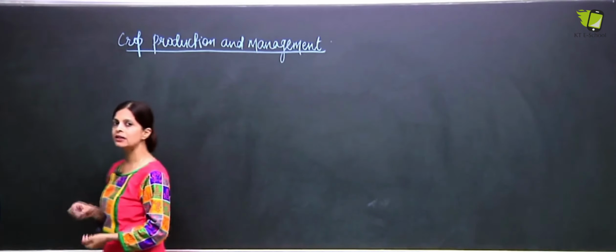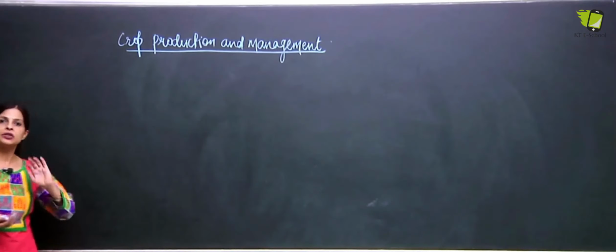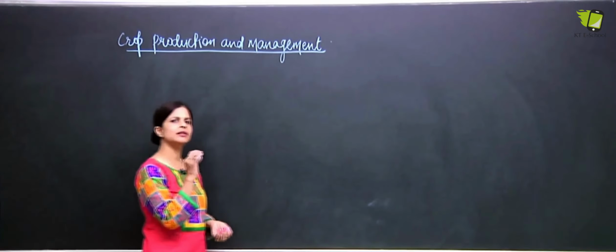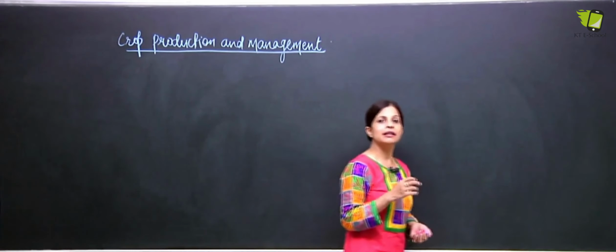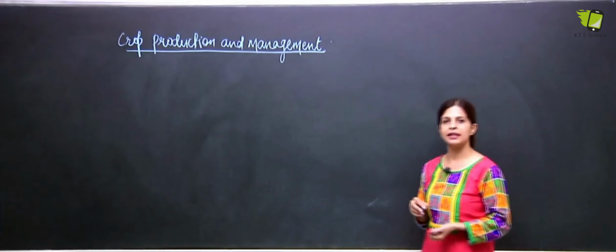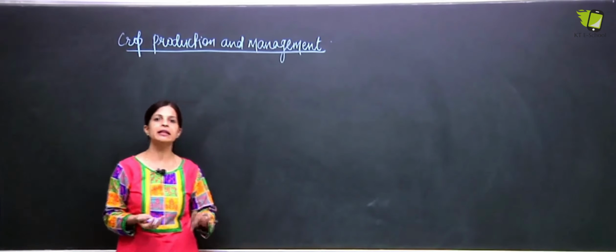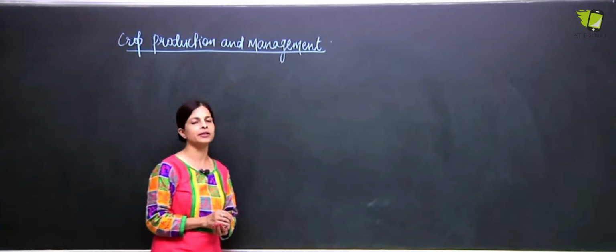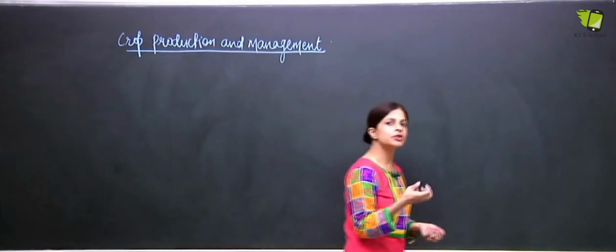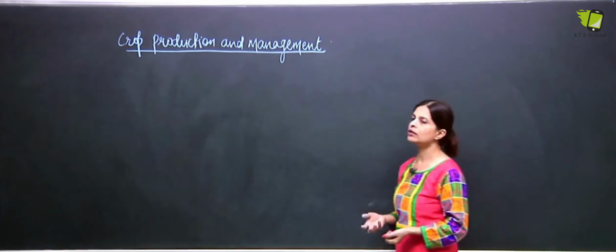Now the second question which comes in our mind is why we have to study this chapter. So just a thing which I want to clear over here, that still our country is known as an agriculture based country. Around 70% of our population is still directly or indirectly linked with agriculture, and so we should know what are the different steps by which the crops or the food which we eat, the grains which we have at our home, reach us.